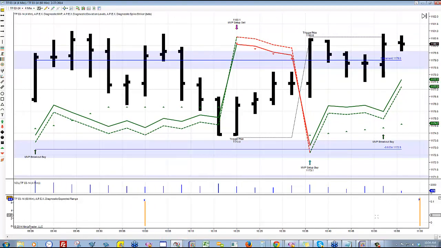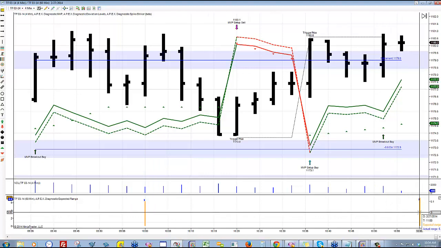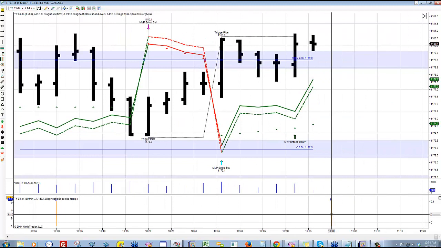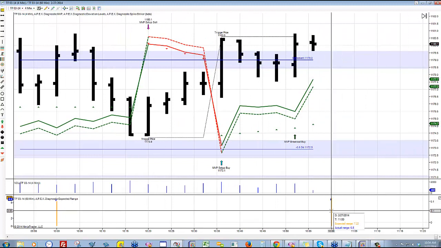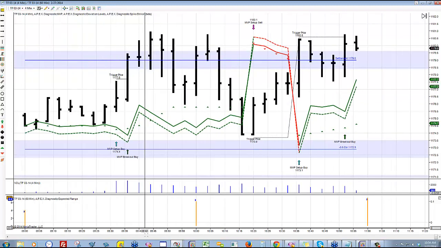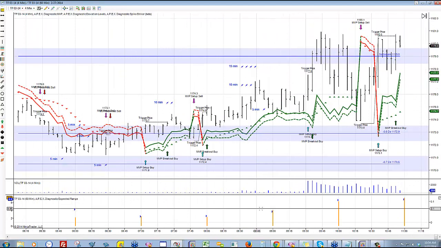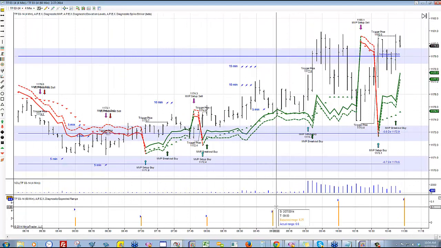And then over here, we're about to come up with the close of the 11 o'clock hour. The expected range for this hour for the Russell's movement, expected range high to low, is again 7.2. So we have basically the same expected range, and it does change, I promise you. So we got 6.25 or